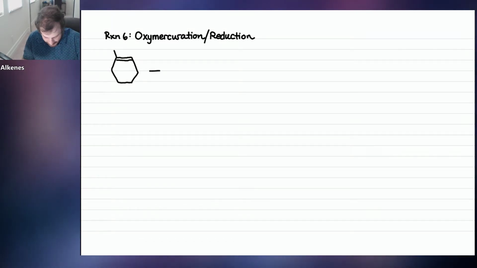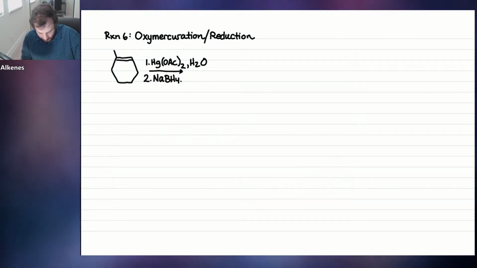So if we take this alkene and we treat it in step 1, the reagents are mercury acetate. So mercury is Hg, and it's OAc2, the 2 acetates on that mercury, and water. And then in step 2, we could do a reduction reaction, which is NaBH4, sodium borohydride, we've seen that before, NaOH, and H2O. And those are the conditions. The product of the reaction